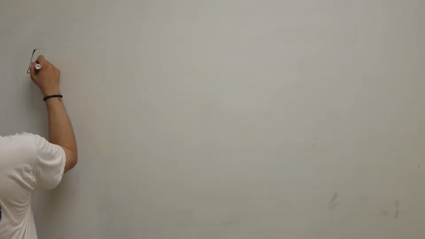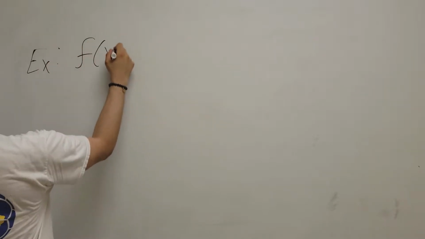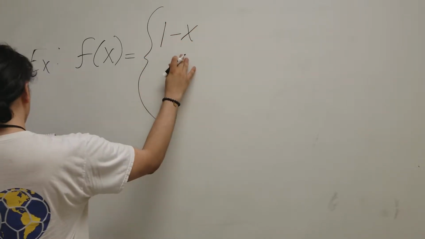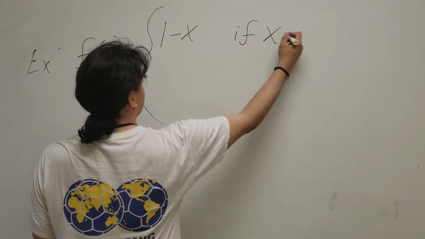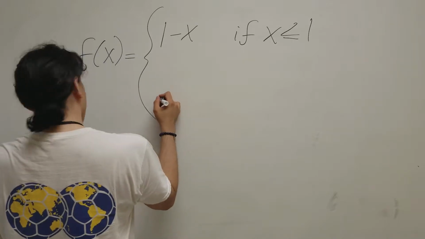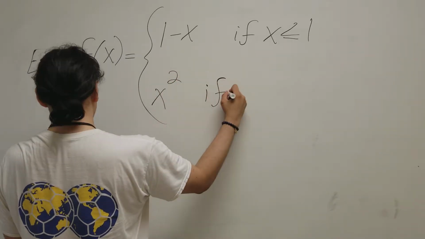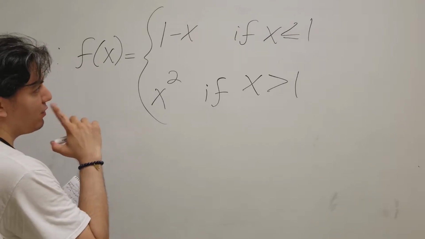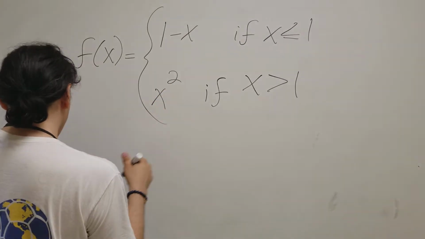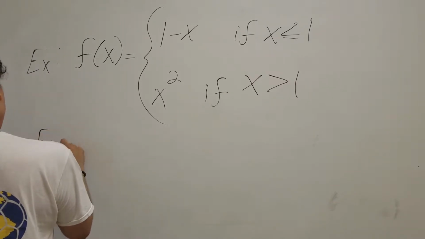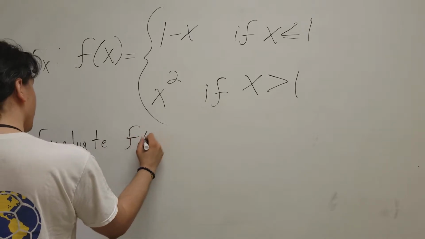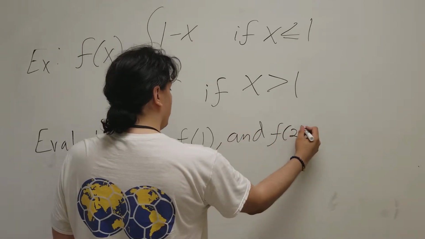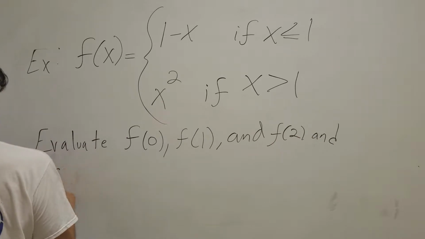So in this example, let's say our function f of x is equal to two cases: 1 minus x, this is the first case, if x is less than or equal to 1, and x squared if x is strictly greater than 1. So what does this mean? This means that whenever I have two different cases like this, hold on, let me just finish writing the example. And we're supposed to evaluate f of 0, f of 1, and f of 2, and sketch